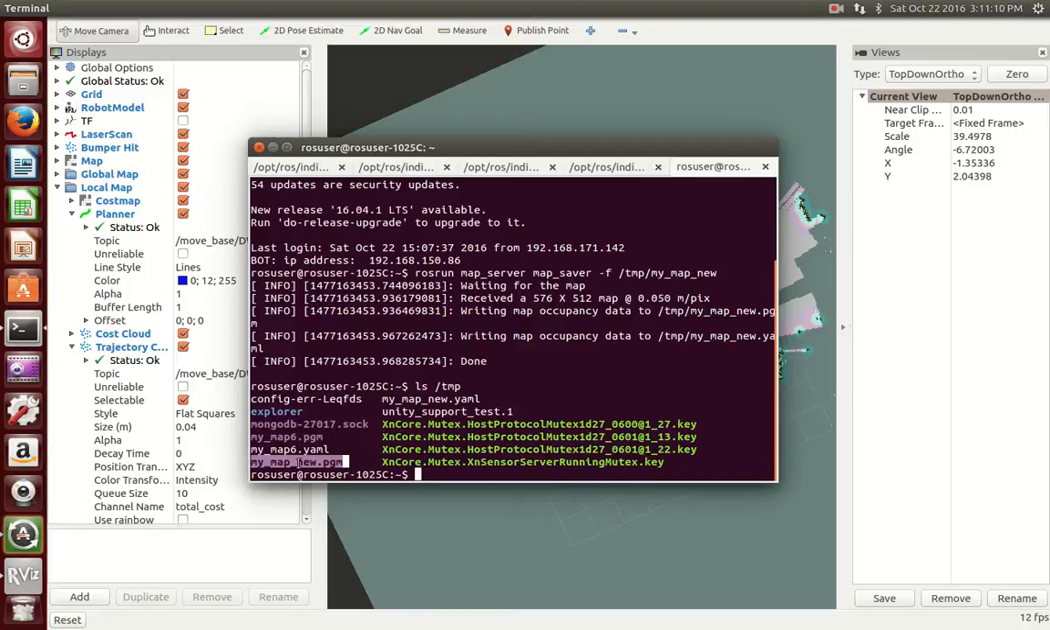Once it's there, you will see a PGM and a YAML. So here's the PGM down here, and up here shows the YAML file. This shows that my map